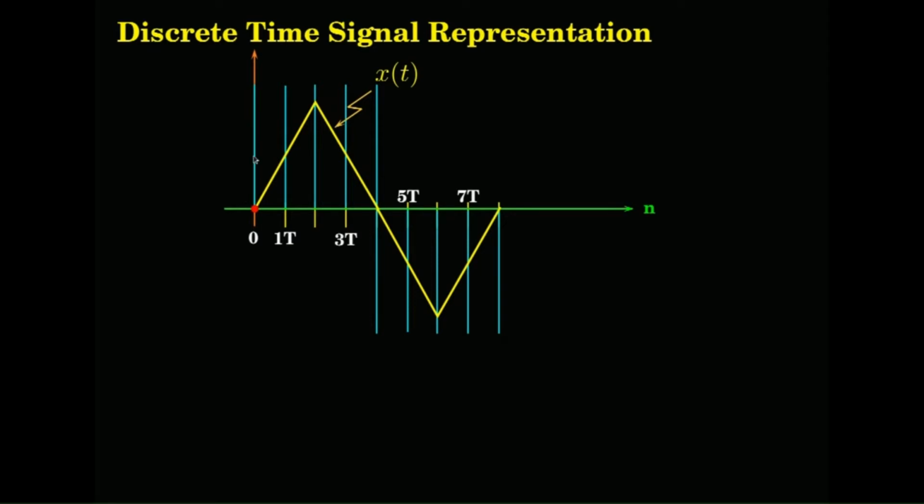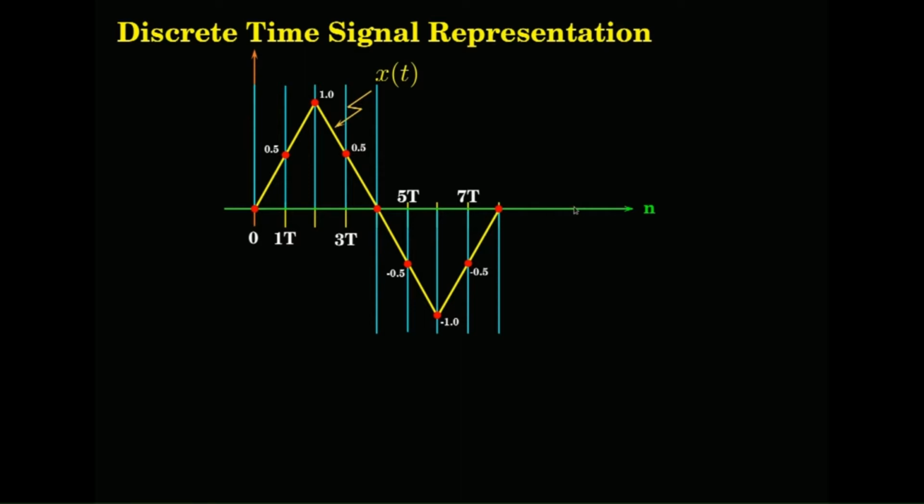But a digital signal would be sample and hold. So, this is the second sample point. Let us say it is 0.5 and this is the third sample point, this is 1. So, at 0T you have 0, at 1T you have 0.5, at 2T you have 1, 3T you have again 0.5, 0 at 4T, at 5T minus 0.5, minus 1 at 6T, minus 0.5 at 7T and 0 at 8T, and so on it continues. It is a periodic signal, let us say, or even if it is non-periodic, does not matter.